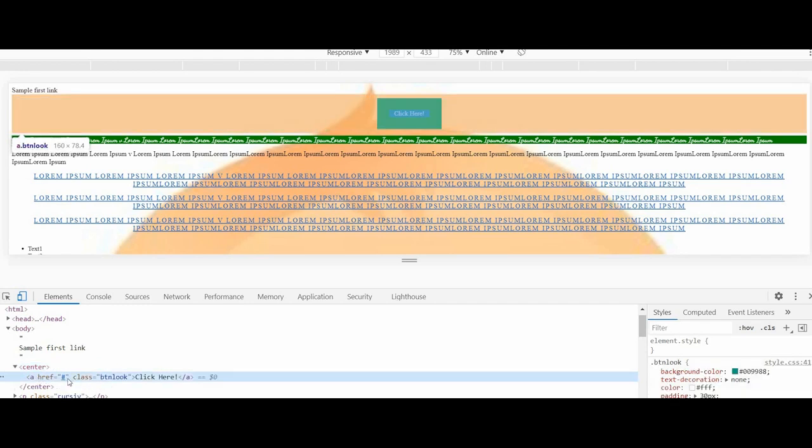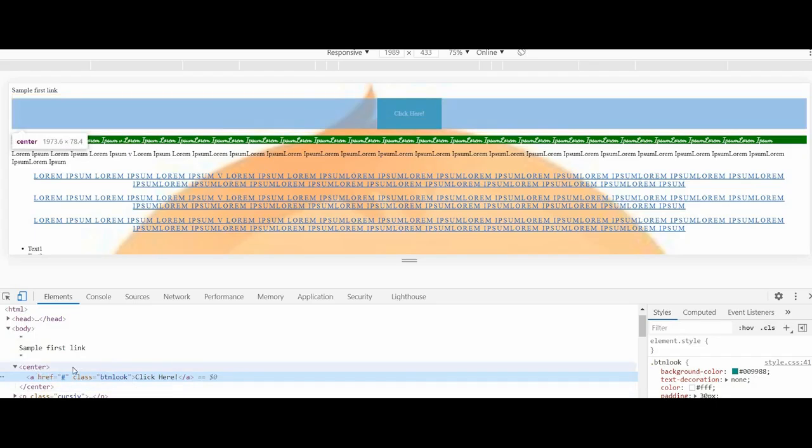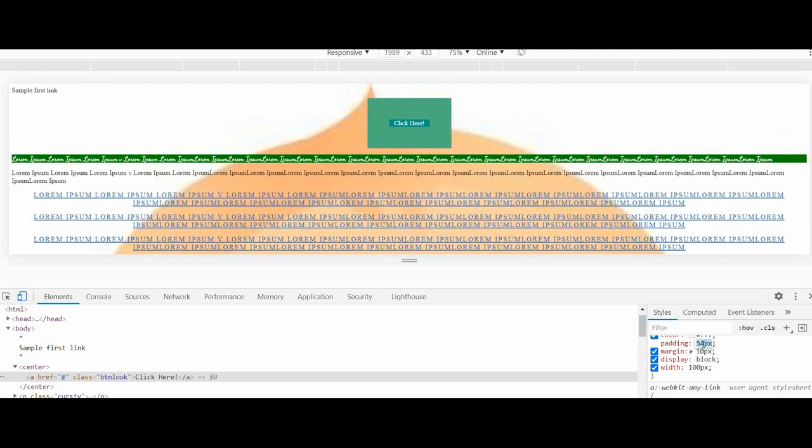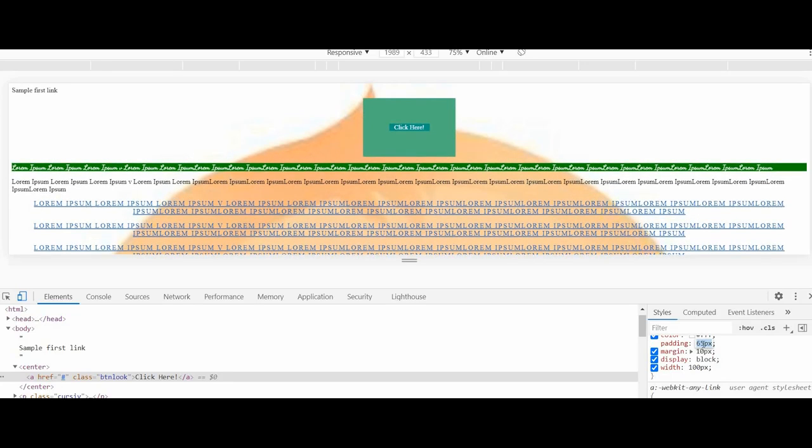So just select here and click on this a href, I mean this class. According to the class which you have selected on the left side, on the right side you can notice the CSS code, and see here we have given these styles, right? So let me change the padding here. Just click here and use the up and down arrows. Try to increase by clicking the arrow. You can notice that the padding between the text and the border has increased.